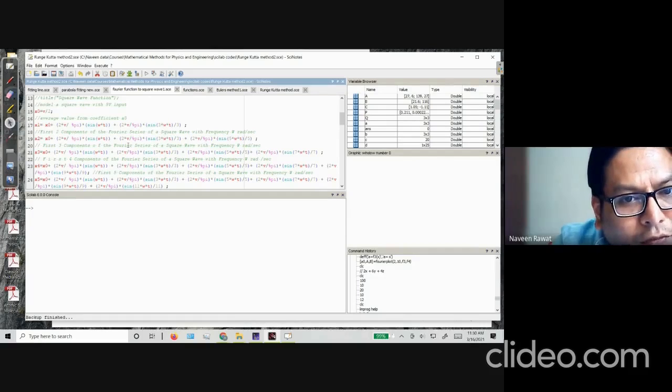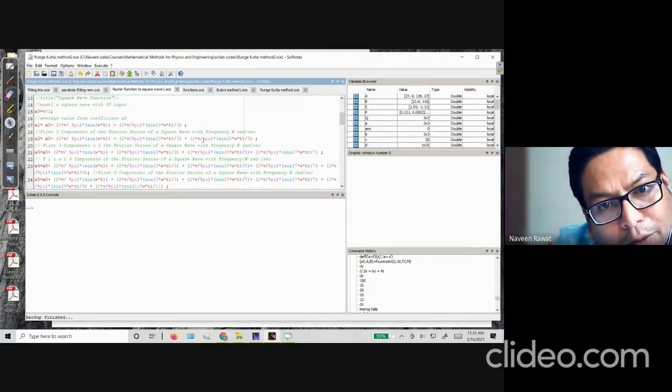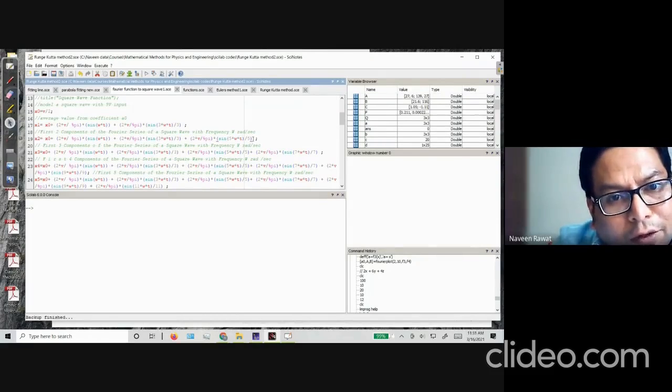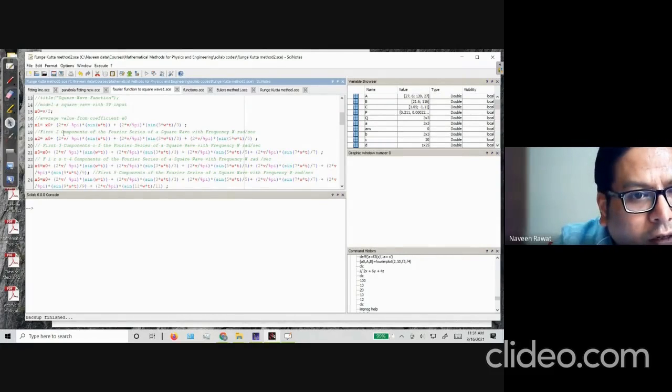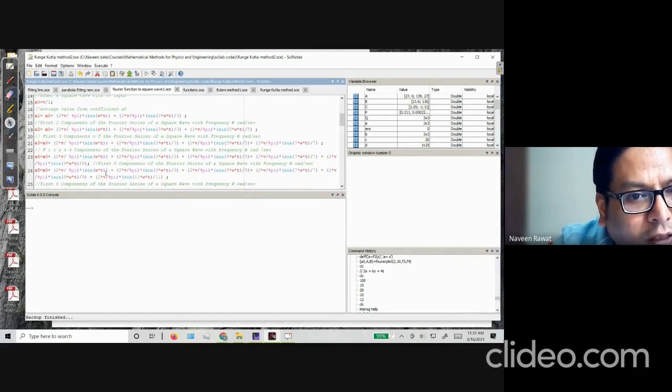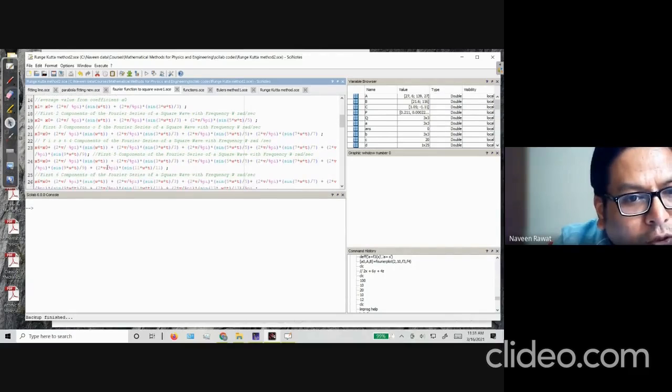So the next Fourier series that we have created, x2, has one additional term. So you have 2v by pi sine omega t, 2v by pi sine 3 omega t by 3. Then we have added one more term, 2v by pi sine 5 omega t by 5, and so on. So we are creating Fourier series with 2 terms, 3 terms, 4 terms. We can add more and more terms, 5, 6, 7 terms. We have gone up to the 2v by pi sine 11 omega t by 11.